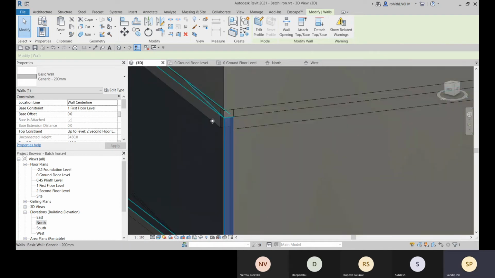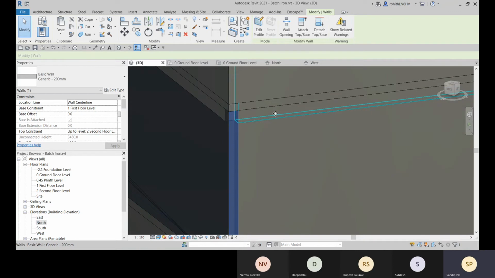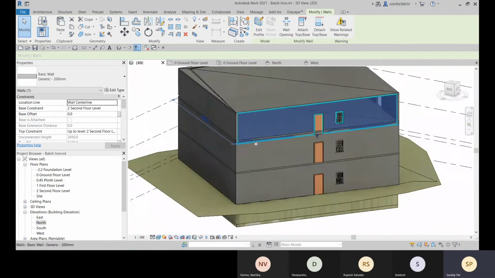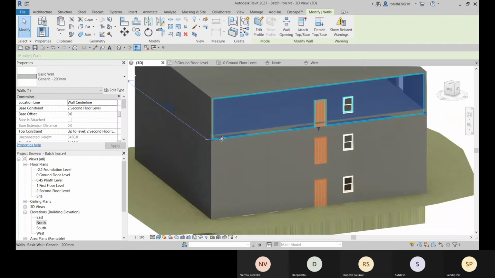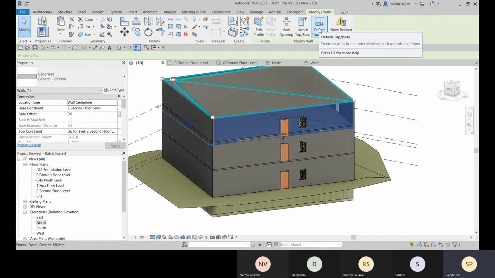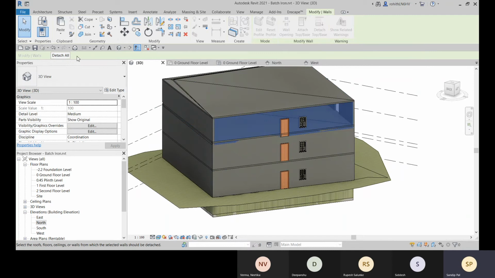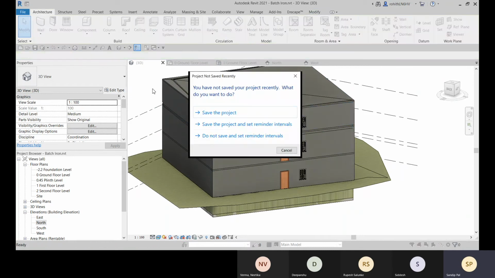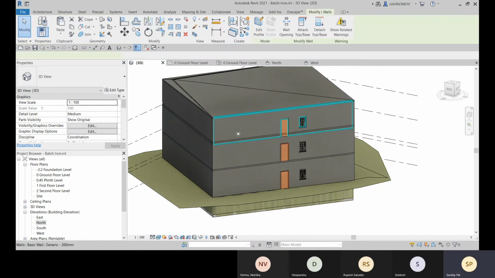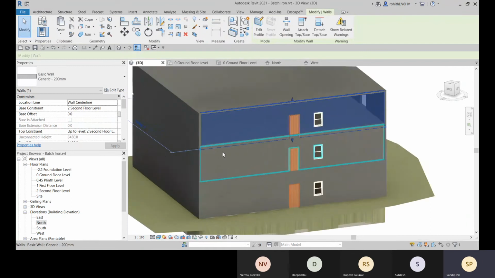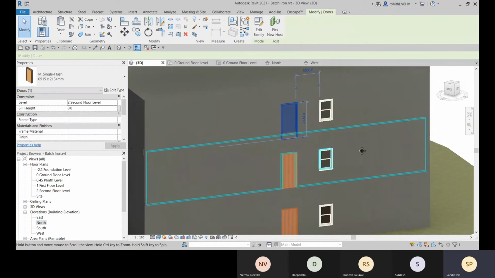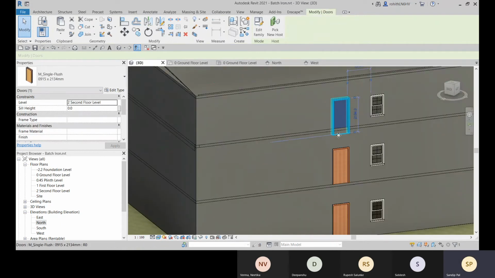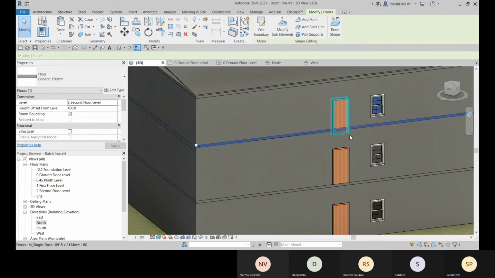Something overlapped with this also, so we can make the adjustment later. Here also we have this detached top or base, so we can go for detach all. So everything is detached, and here you can see that it is to this level. Here you need to provide some offset, right?